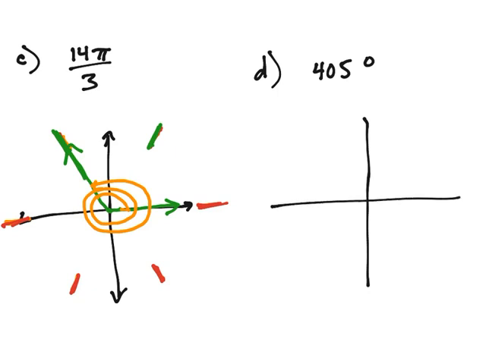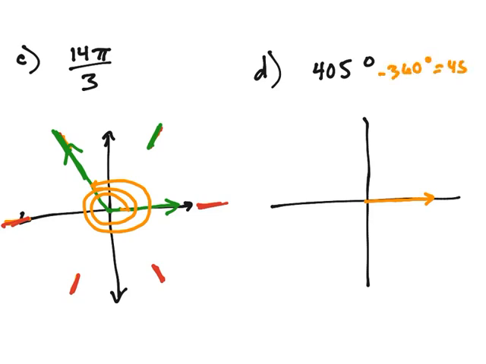Okay, they ask you to do them in degrees. That's a little bit easier because we're more familiar with regular numbers over radians, right? So there will be a couple problems where they give it to you in degrees. But for the most part in this class, most of the time we work in radians. Okay, what is a full rotation? 360. So this is going to be more than a full rotation, right? By how much? By 45 degrees, right? If I do 405 minus 360,